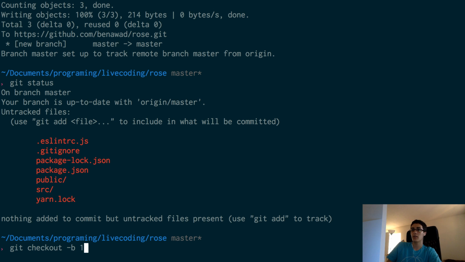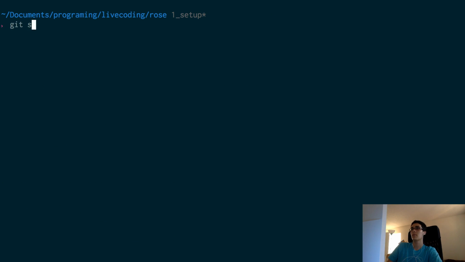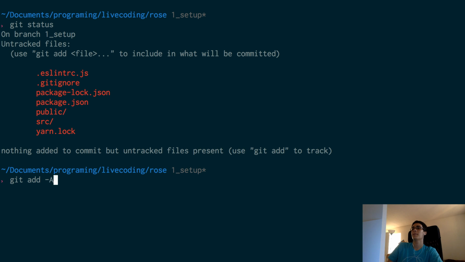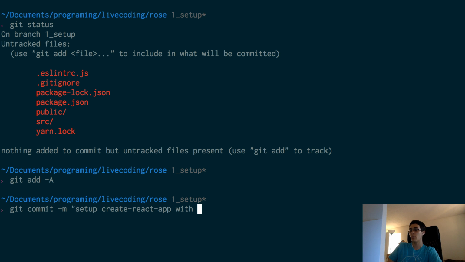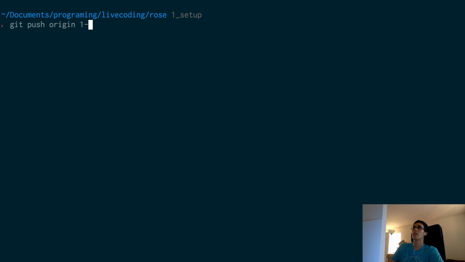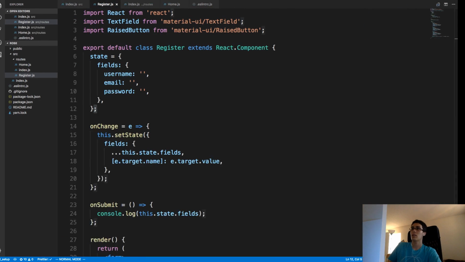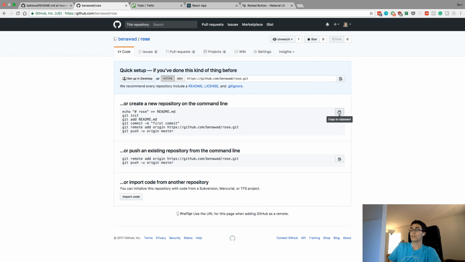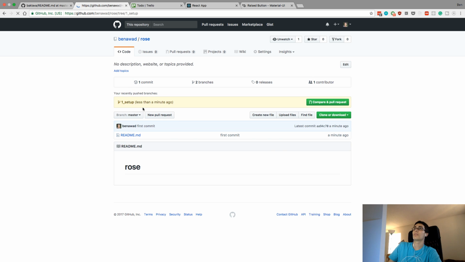We're going to branch over and create, this is going to be setup. So this is going to be a setup for the first one. Git add, git commit, setup, create React app with React Router, React Apollo, and Material UI. So that's some pretty good stuff, right? That's a pretty decent amount of setup, I would say. Let's go ahead and push that. And if I refresh, I should see the code pop up here. And if I go to setup,